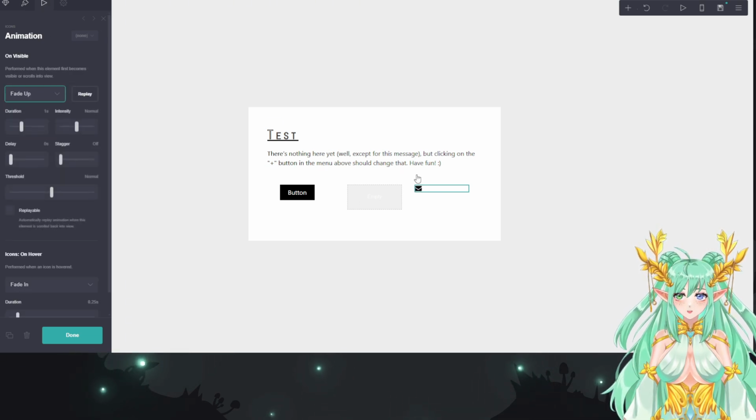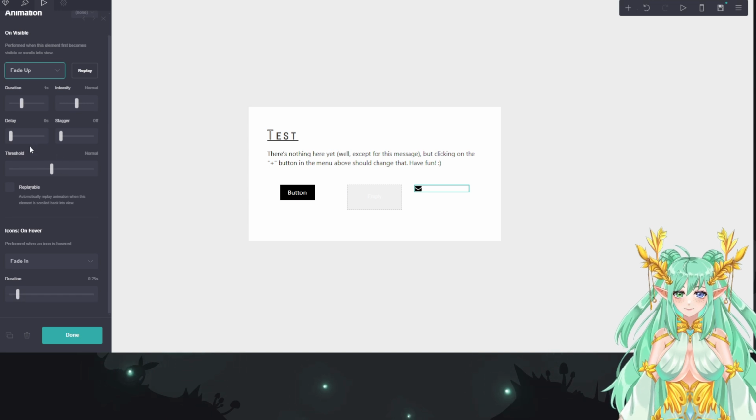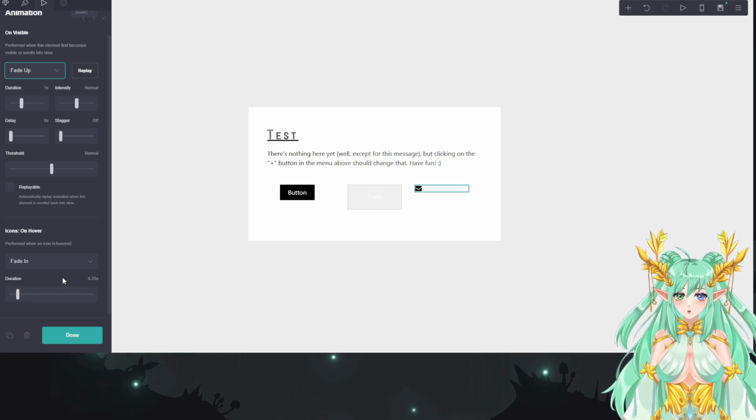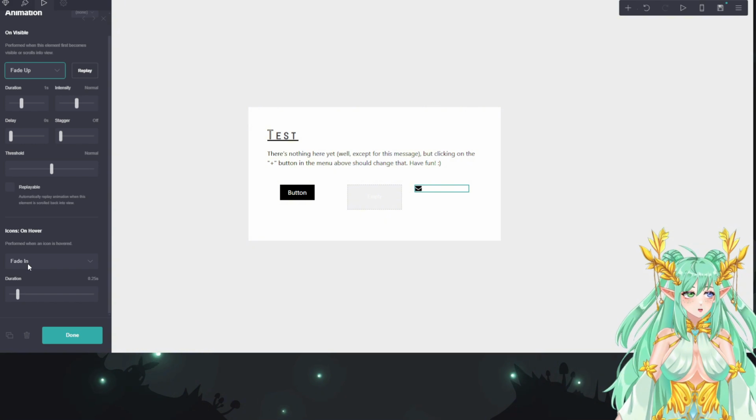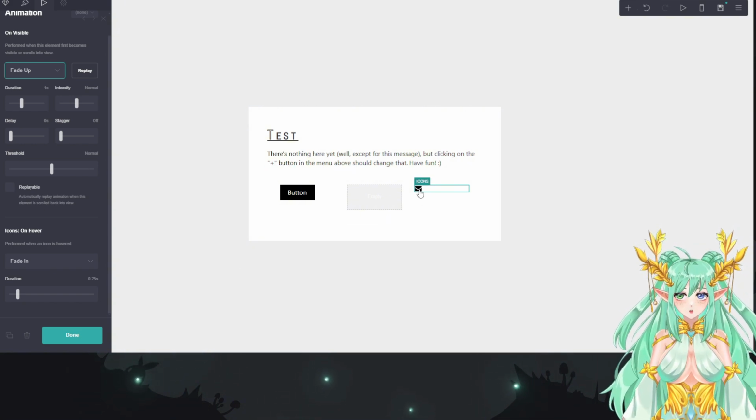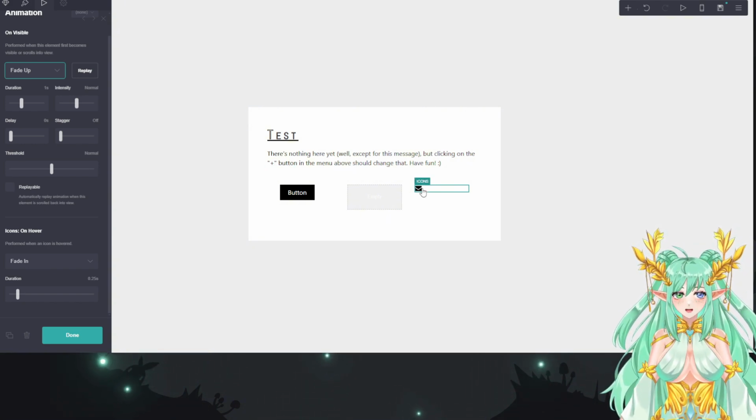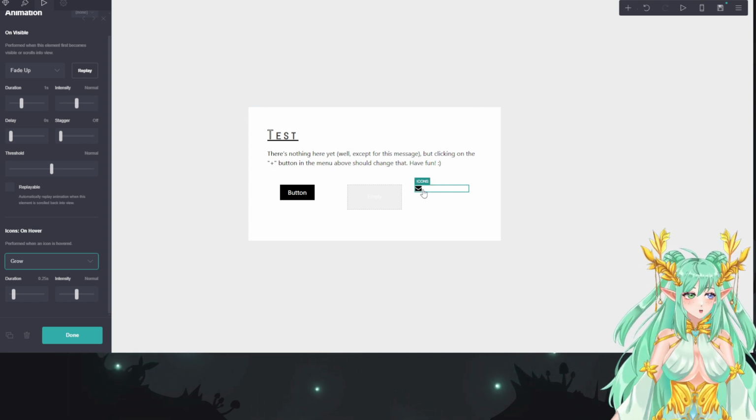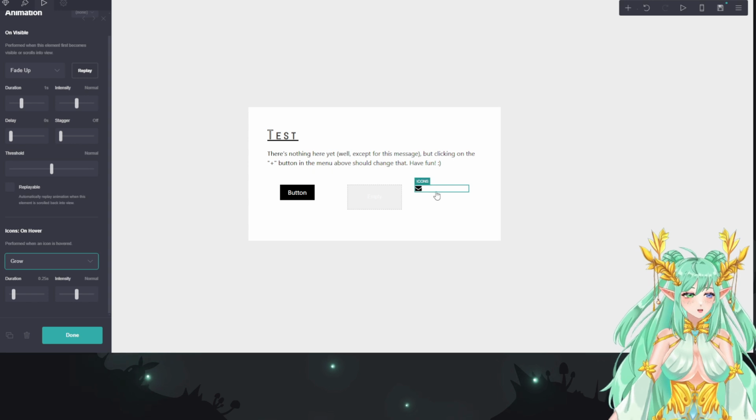So we can have it fade up. And then this one also has the hover function. So for example, if you hover your mouse over the item, you can choose the animation you want it to look like. So I like the grow function, and